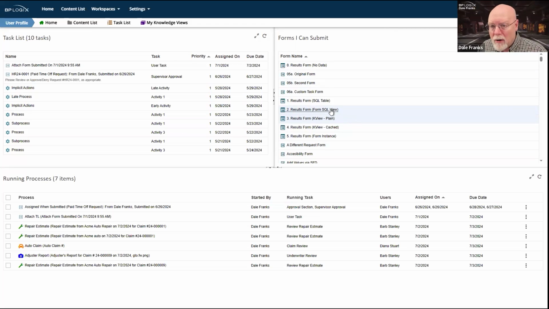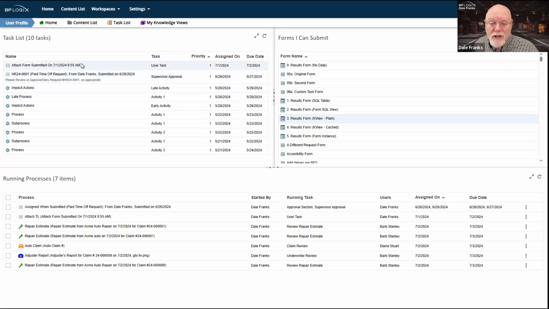If you have a generic workspace, which is what the user profile workspace is an example of, that gives you a couple of different advantages in that, first of all, it shows you your task list. That's super important. You have to have a workspace somewhere on the system where the user can access their task list. It's probably best if the task list is its own portlet in the workspace so that the user doesn't have to learn where to go or where to navigate to on the navigation bar. They just get faced with their task list when they open up the system.